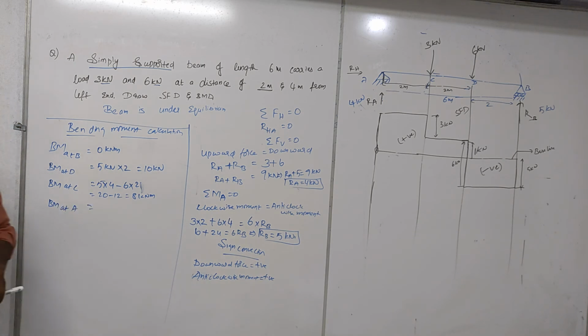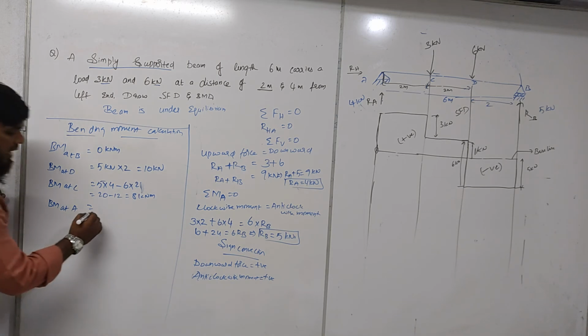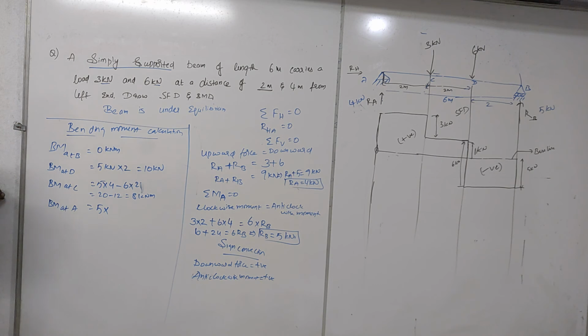Then next is bending moment at point A. All the forces which are towards the right of point A should be considered, and we are taking the first extreme point. What is the extreme force we are having? RB. So RB first is 5. What is the distance between B point and A point, because we are taking moment about point A? B point to A point distance is 6 meters. Why is this positive? Since it is trying to rotate in anti-clockwise direction.